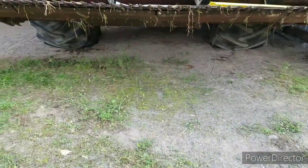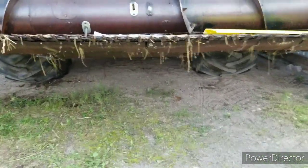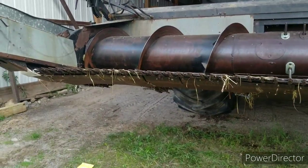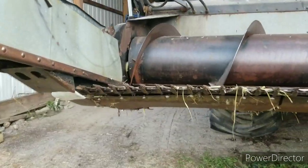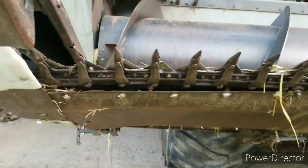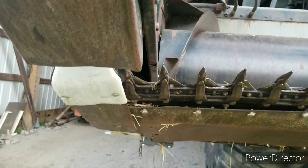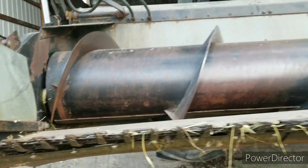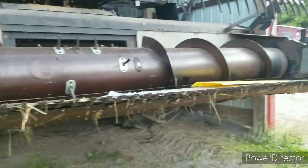Alright, well, we were working on the combine and I knew I had an issue here with these skid plates on the bottom. This is a floating cutter head. They're supposed to be like that. And I checked around,